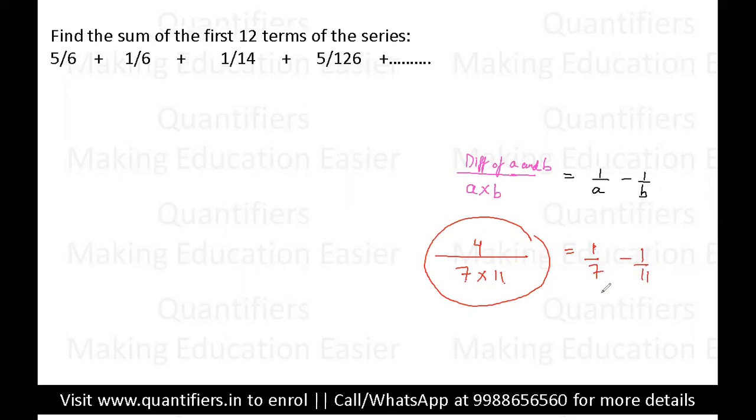Students, you can even solve it and cross check. अगर आप इसको solve करोगे तो देखो क्या होगा. In the denominator you will have 7 into 11, right? And in the numerator you will have 11 minus 7, which will finally give you the same thing which we discussed just now. Okay, let me take one more example for everyone.